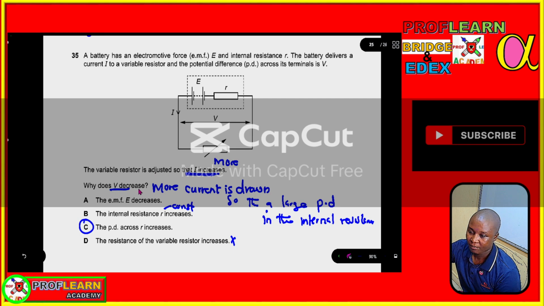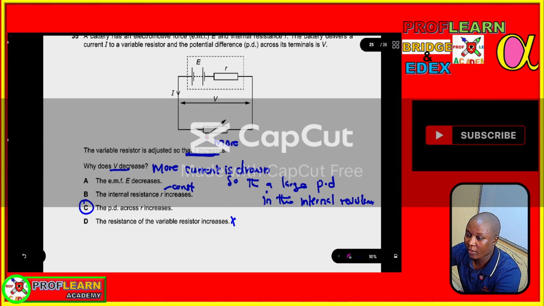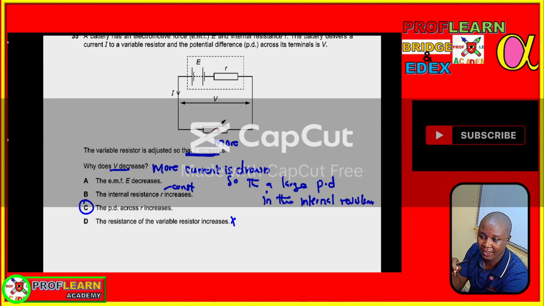Why does V decrease? If current increases, it means the resistance of the variable resistor is decreased, so there will be more current flowing through the circuit. Then why is V going to decrease? V is the terminal potential difference, and it is going to decrease because a large amount of current is going to be drawn from the cell. Because of low resistance, more current will be drawn from the cell, and when